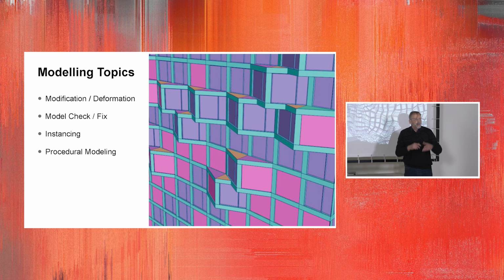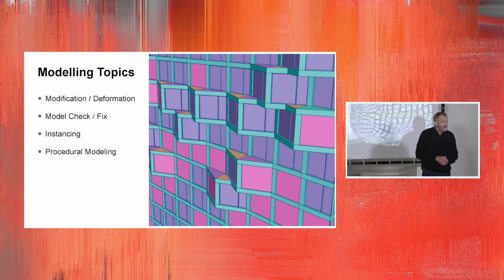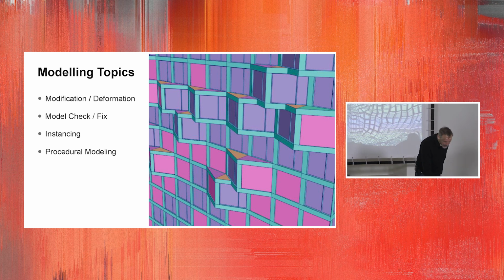So what can you do in Bifrost in modeling, or what do we call modeling? You can load in models from Maya, and then access these models and modify them. This is a good example. That head was modeled maybe in Maya, or maybe converted into Maya, and then in Bifrost I can deform it, I can do extrusions, I can split faces, delete faces, and so on, the whole range of possibilities I can do there. And of course I can also analyze and fix things. So if there are holes in there, for example, or double vertices or so, I can find that out and